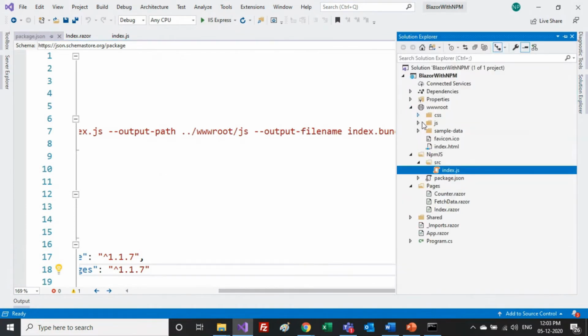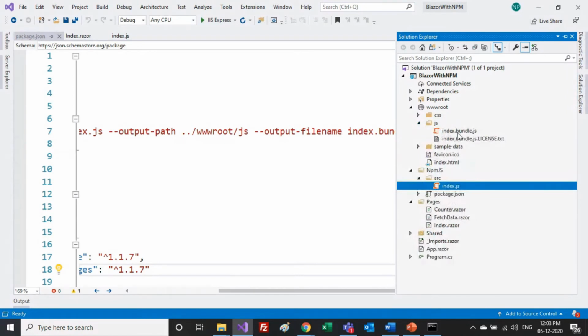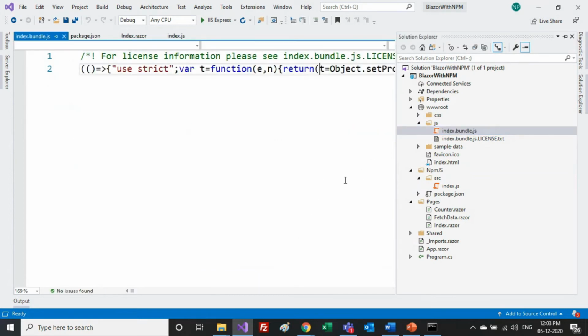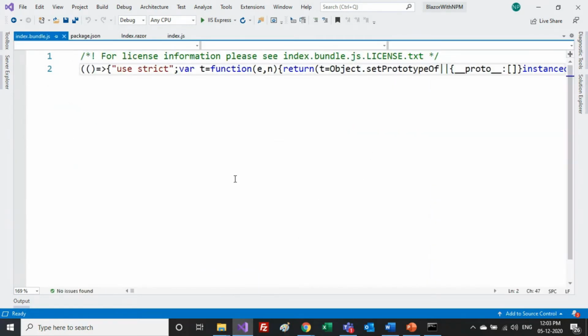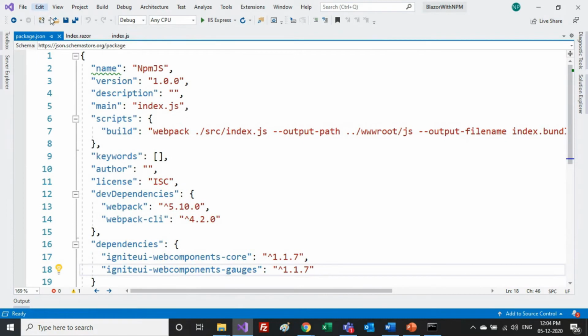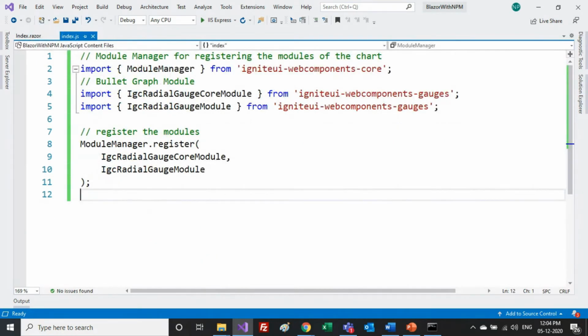If I go into the JS folder, see what we did. This is the build file generated by Webpack. If you open it, you will see it's a minified file without wasting any lines or spaces. It's a very lightweight build file that has to be deployed on my server when we deploy this application. So this generated the output file. This was the first step before running this sample, and now we are good to go and can directly run this application.